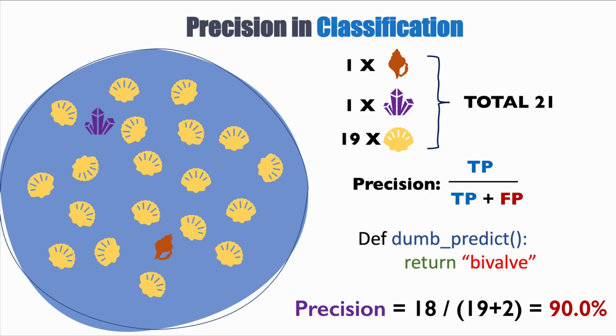Wow, 90% precision, that's fantastic. It's the world's best algorithm, except that it's a dumb algorithm. And the only reason we get such a high precision is because our class imbalance is so strong. So in other words, if you write an algorithm that predicts that you get a bivalve, you will be correct 90% of the time. So we need to use more sophisticated metrics to look at the precision, accuracy, the performance